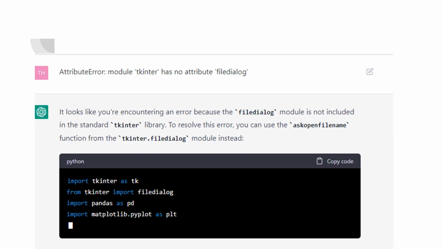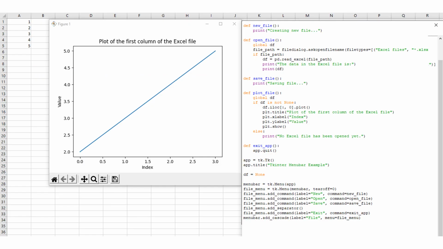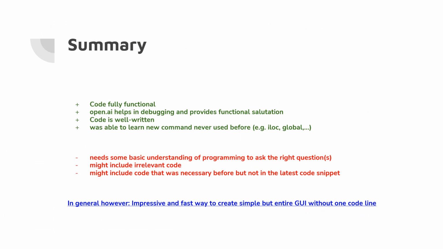In summary, ChatGPT provides fully functional code. It helps in debugging and provides functional solutions. The code is well written, and I was able to learn new commands that I have not used before. Negative aspects are, it needs some basic understanding of programming, might include irrelevant code and might contain outdated code from